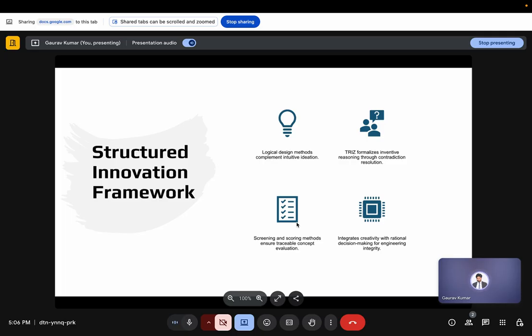One of the most powerful frameworks for structured innovation is TRIZ, which formalizes inventive reasoning through the concept of contradiction resolution. Instead of treating contradictions as barriers, TRIZ considers them triggers for creativity, and it moves the designer from arbitrary trial and error to purposeful exploration, where every inventive step is guided by underlying logic derived from